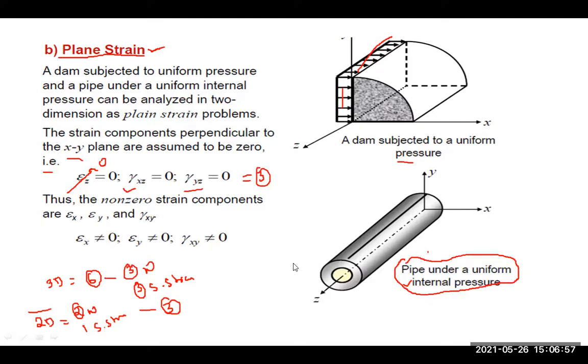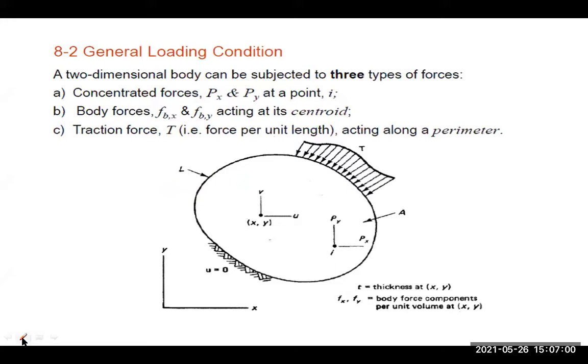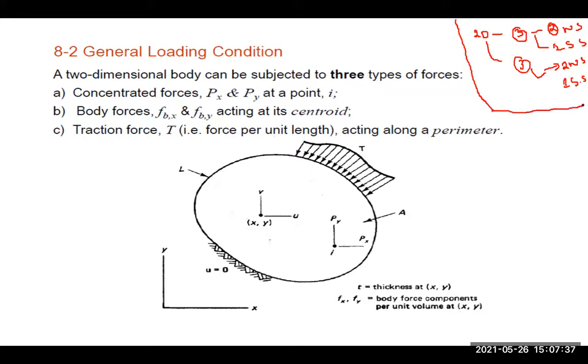Now at this point, I know that if a two-dimensional member exists, in any two-dimensional member there will be 3 stresses as well as 3 strains. Of these 3 stresses, there are 2 normal stresses and 1 shear stress. Coming to the strains, there would be 2 normal strains and 1 shear strain. So this would be the condition for the two-dimensional finite element analysis problem.